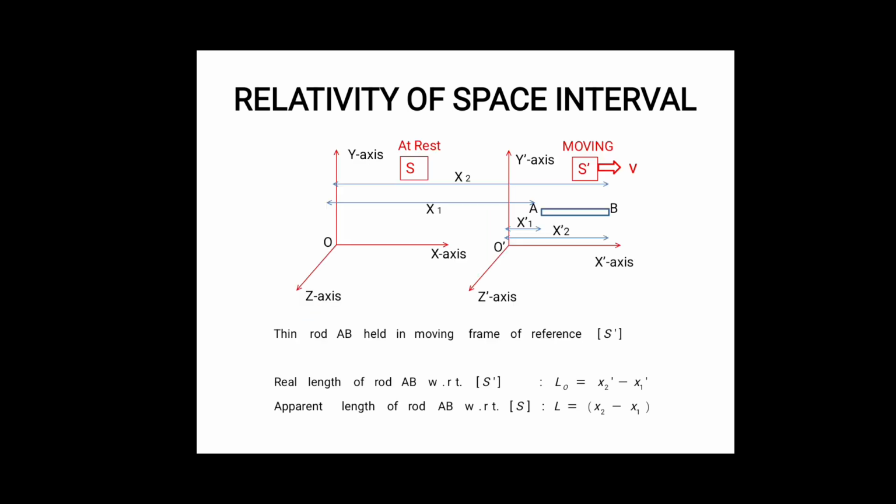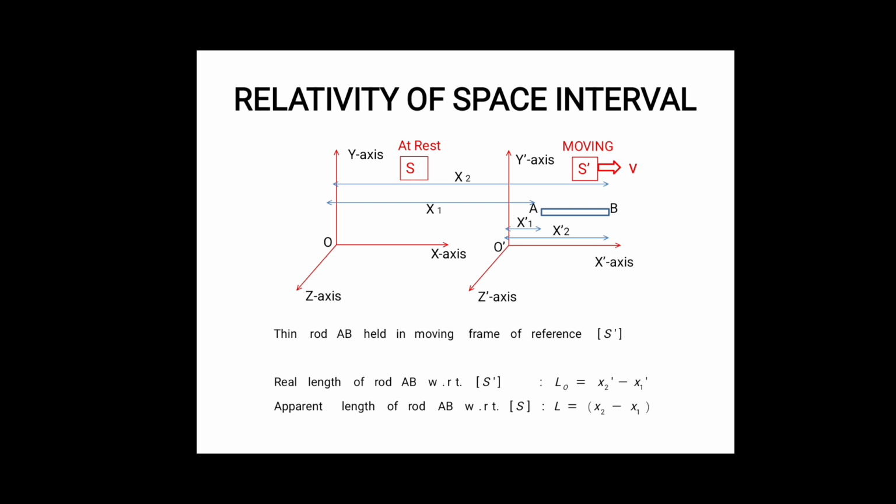Consider a thin rod AB held in moving frame of reference S dash such that length of the rod is parallel to x direction. Suppose ends A and B of the rod have coordinates x1, x2 with respect to stationary frame of reference S and x1 dash, x2 dash with respect to moving frame of reference S dash. So we can write real length of rod with respect to frame S dash, L naught, equal to x2 dash minus x1 dash,